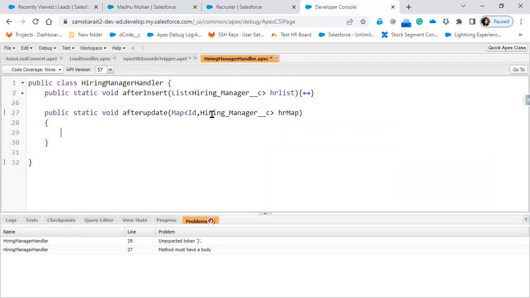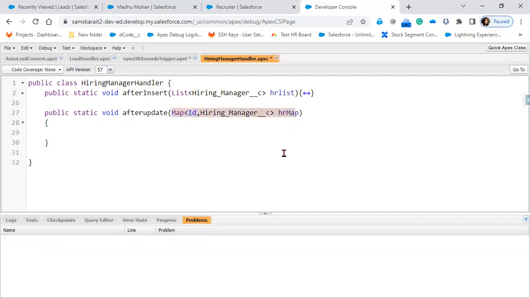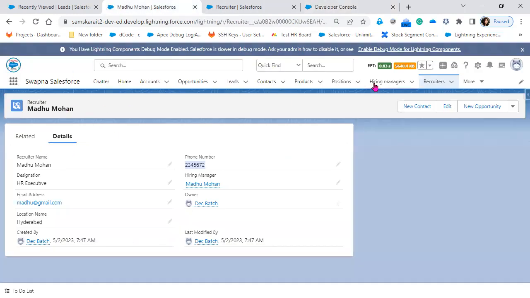HR map. Now we are going to get the map collection data as a parameter here, because we are going to get the latest one. Trigger.new map will contain the very latest. Now, first thing, whenever we are updating the hiring manager record,